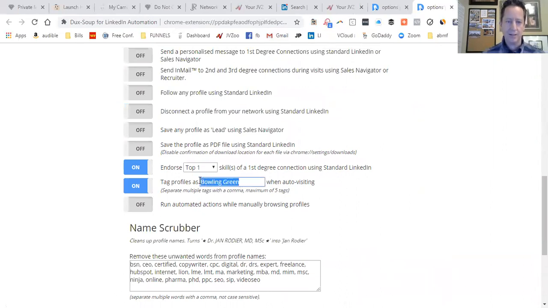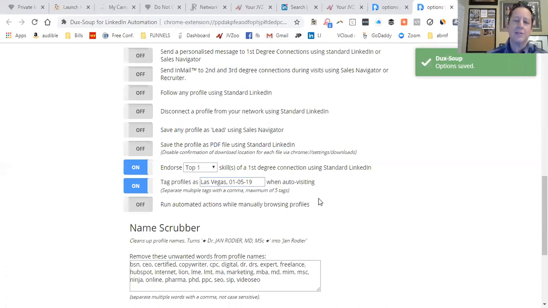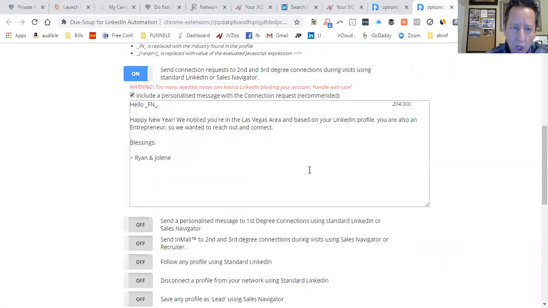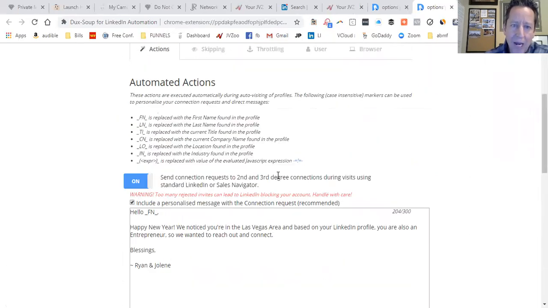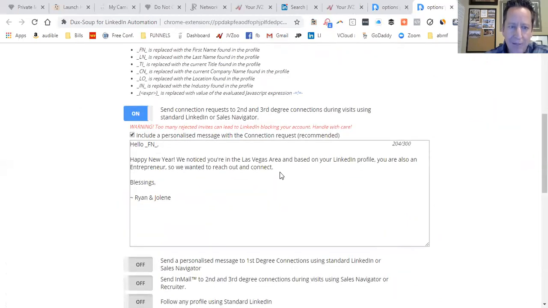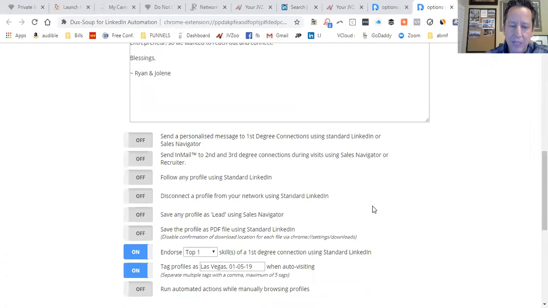The one other thing I need to update here is the tag I'm using. And so I'm going to use a couple of tags. I'm going to use the tag Las Vegas, and then I can do up to 5 tags. When I separate them with a comma, I'm also going to use the tag 01-05-19. I'm going to tag with the date. And again, I'll do another training at another time, but because you can also utilize this Duck Soup app to do a follow-up dialogue with your people, that's why I am utilizing the tag,